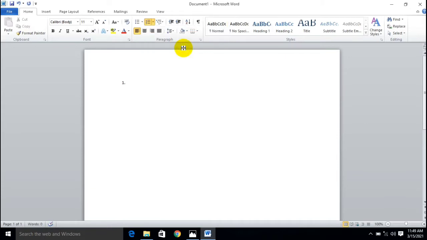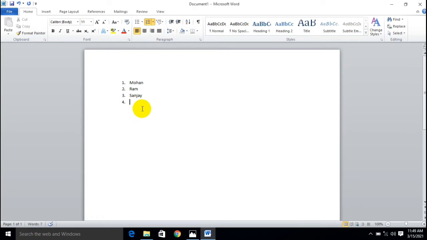I'm choosing numbers, and I'm going to maintain a student list. The first is Mohan, enter. It will automatically assign the next value. Here's Ram, the second one is Sanjay, and so on.